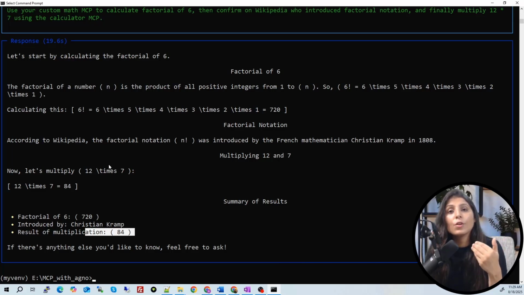And we are connecting with those MCP servers using which transport method? Standard IO. Why? Because our client and server, the MCP server, are both on the local machine, and we can communicate using the standard IO method. So guys, this is how we can use multiple MCP servers, and I have shown you how to create a custom MCP server.